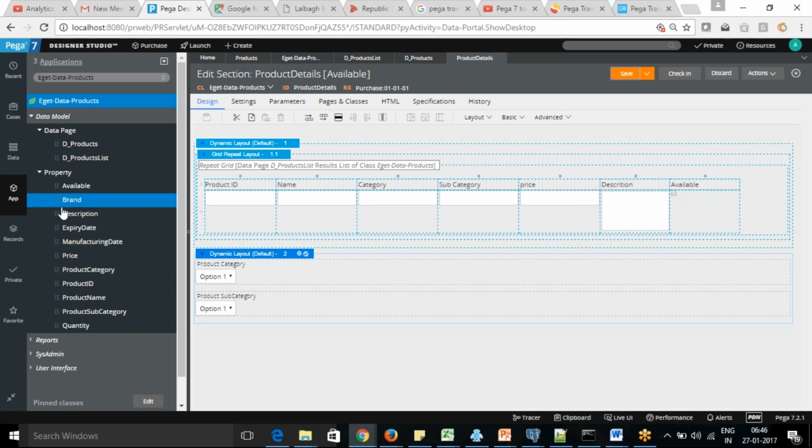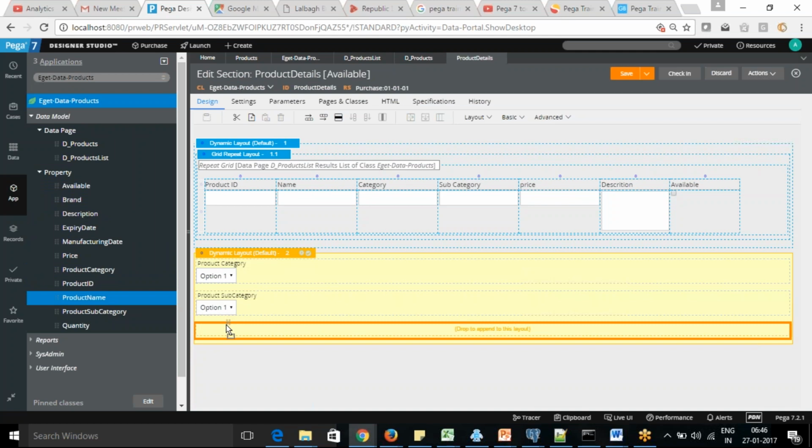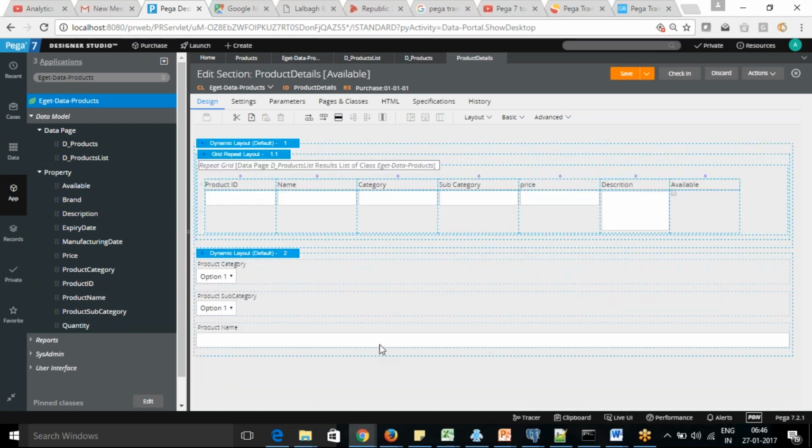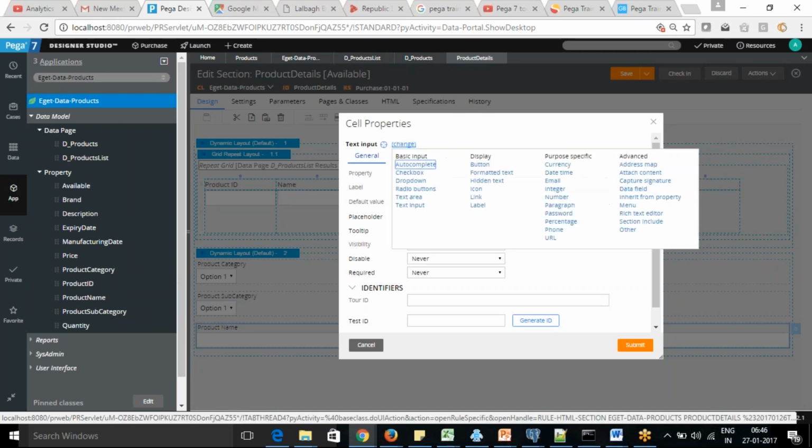And yeah, one more field we can put, product name. So product name also I'm changing to a drop down field.